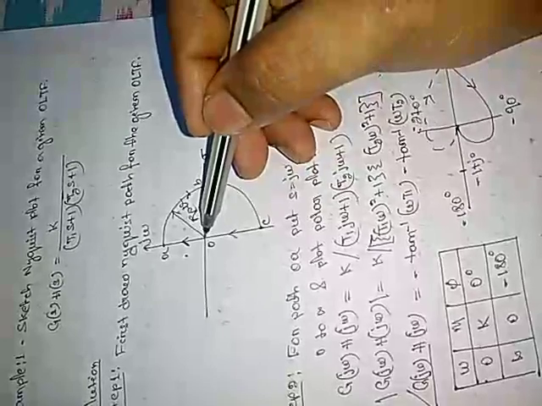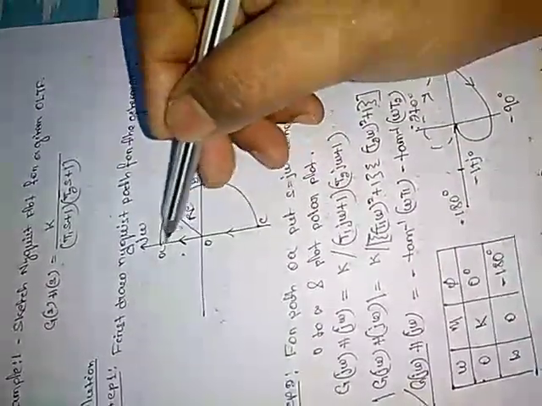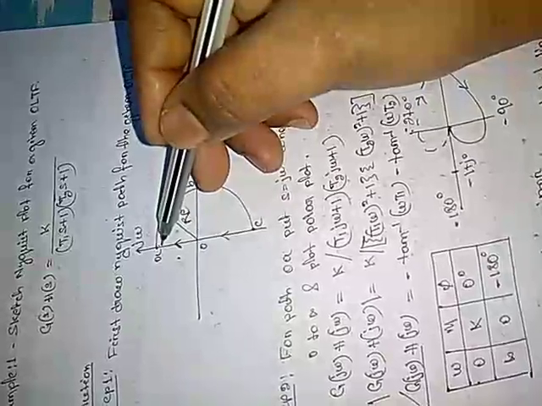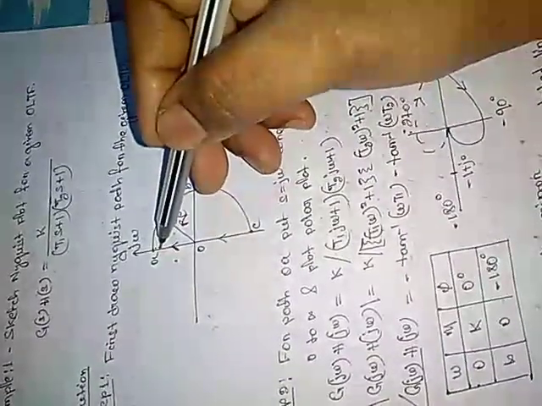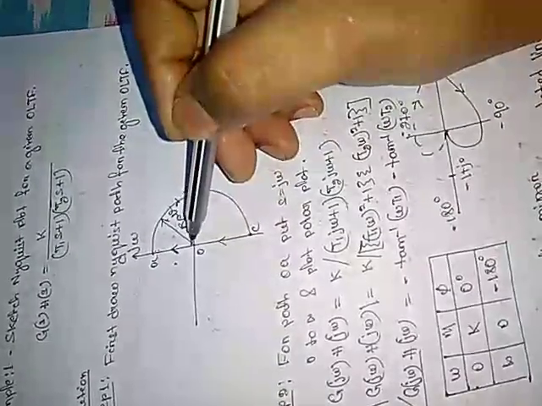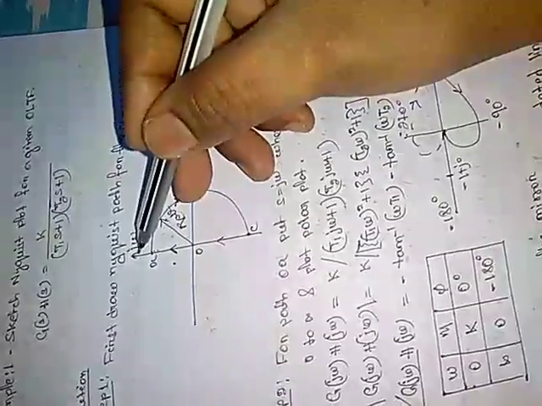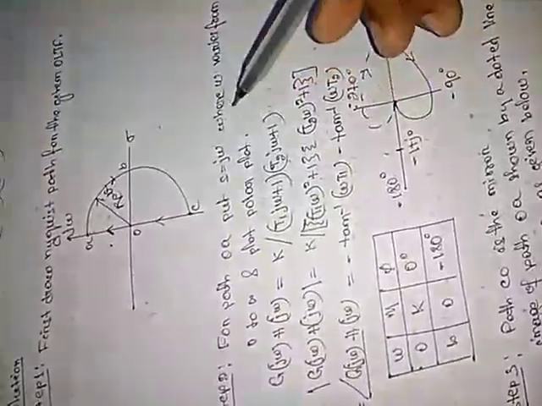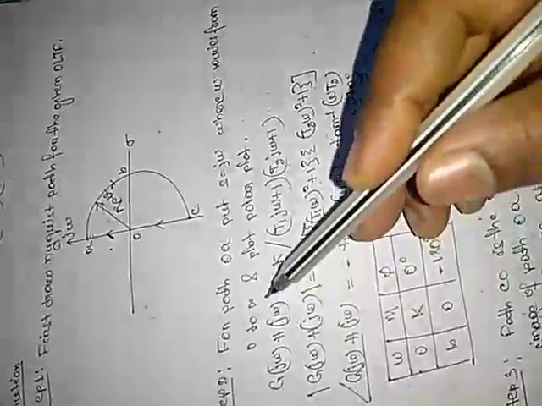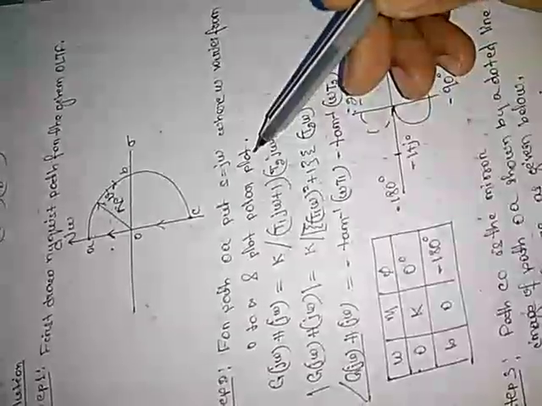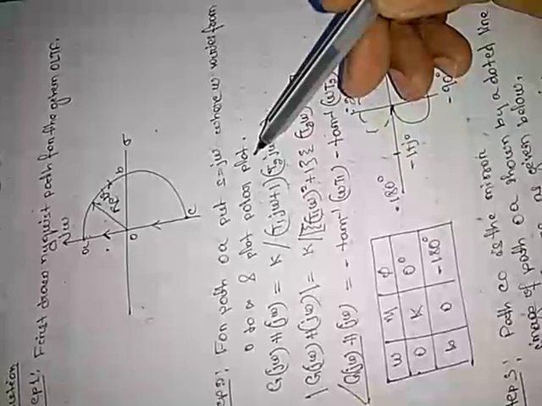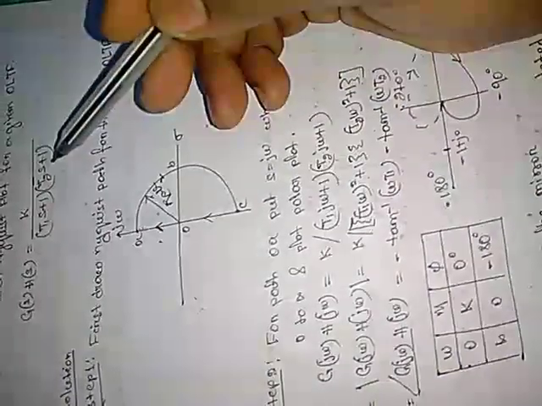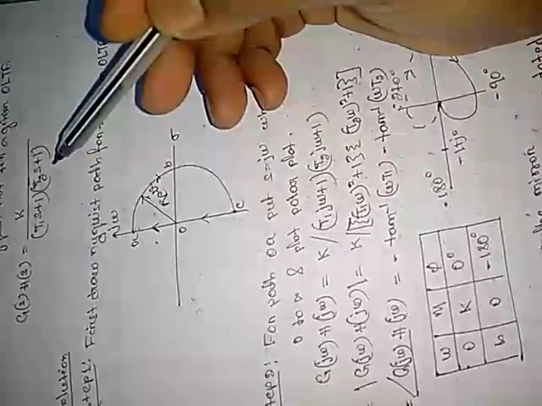Second step, you draw the path for OA. How do you draw this path? You draw the polar plot for this path, and here omega varies from 0 to infinity. Step 2: for path OA, put s equal to j omega, where omega varies from 0 to infinity, and you plot the polar plot. For plotting the polar plot, you put s equal to j omega in the given open loop transfer function.